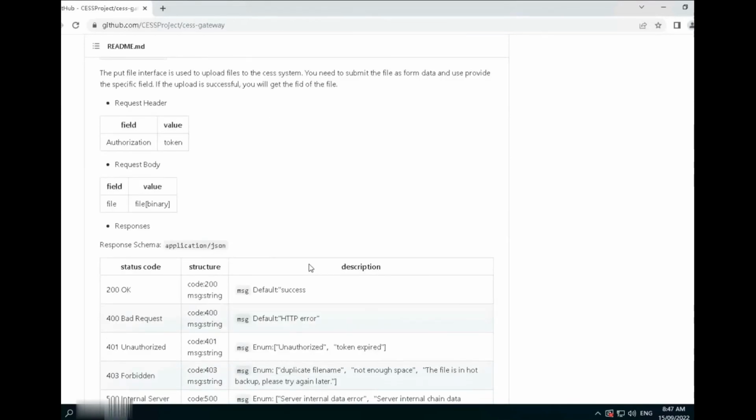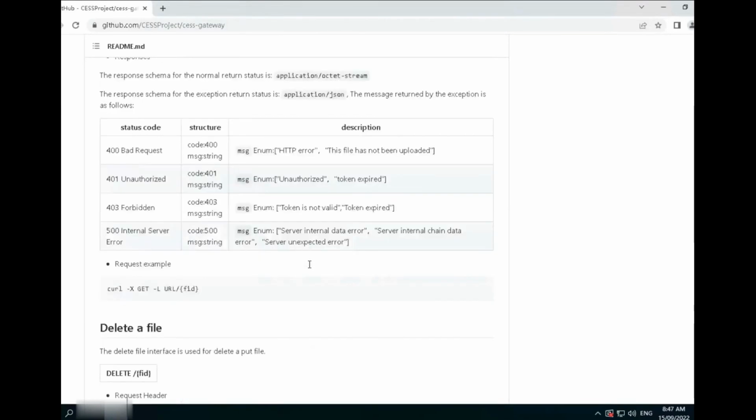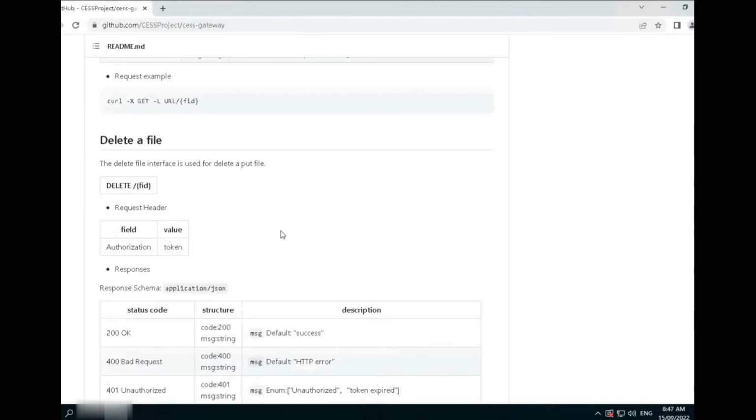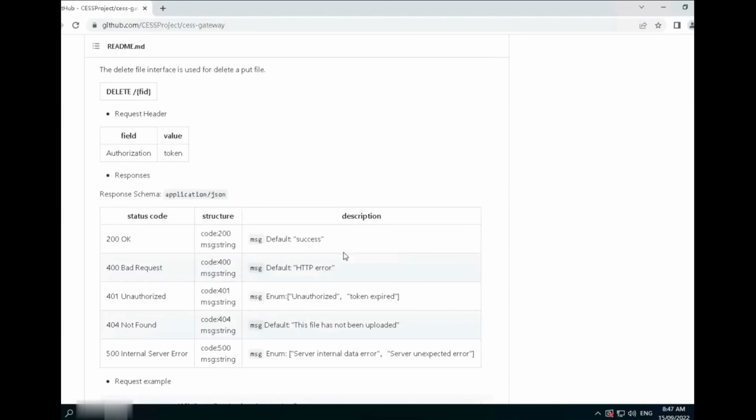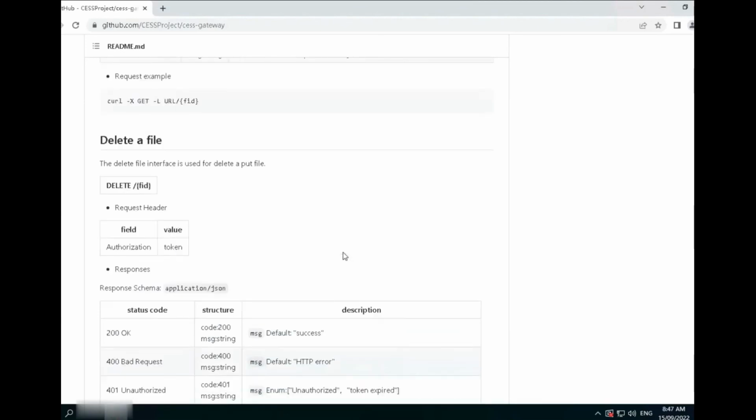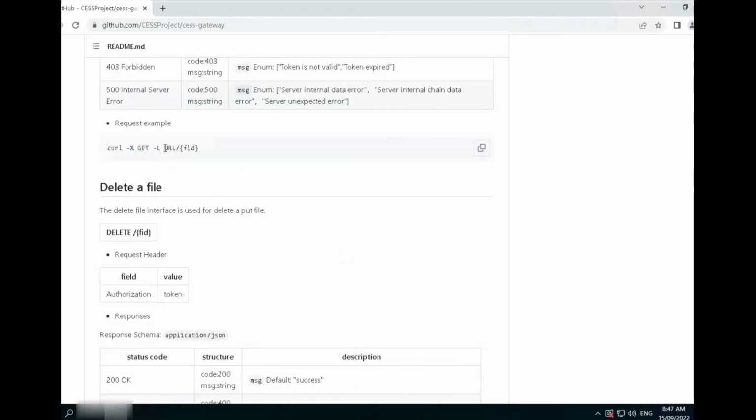The user will now be able to perform a series of operations, such as uploading files, downloading, and deleting through this token. These operations are the same as the previous file upload and the file download through your own gateway. The main difference is that the URL will be different. When operating through your own gateway, you will use the intranet IP uniformly. You will borrow someone else's gateway to fill in its public network IP.